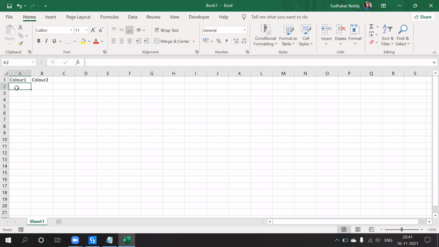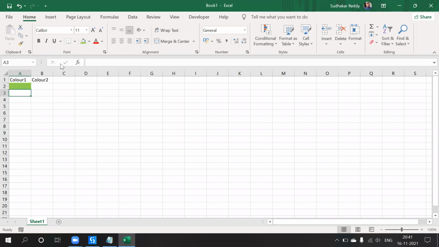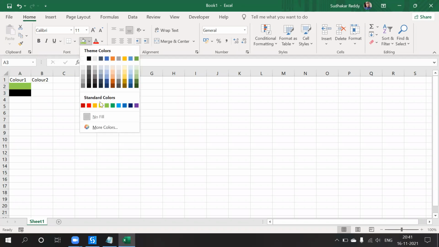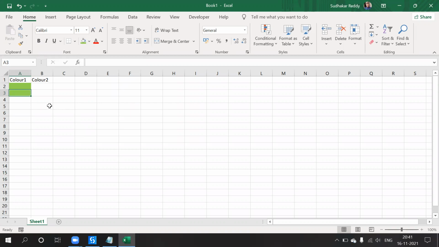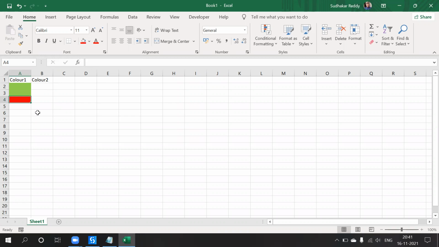Okay, so I am filling this with green. So this is green. And this is red.